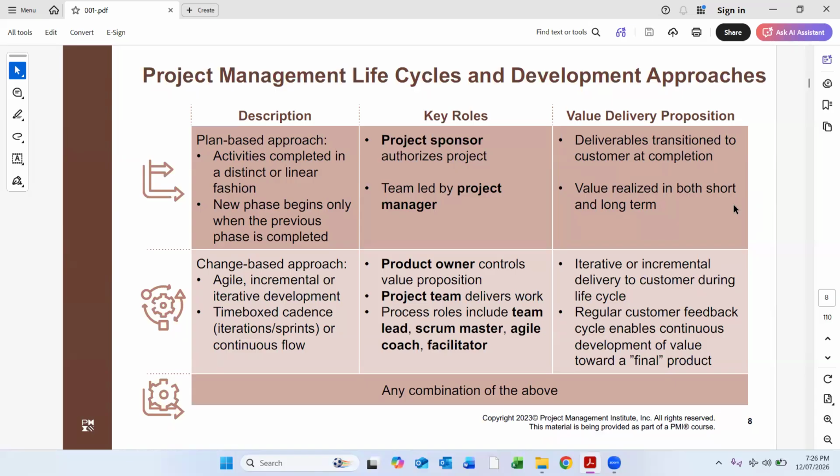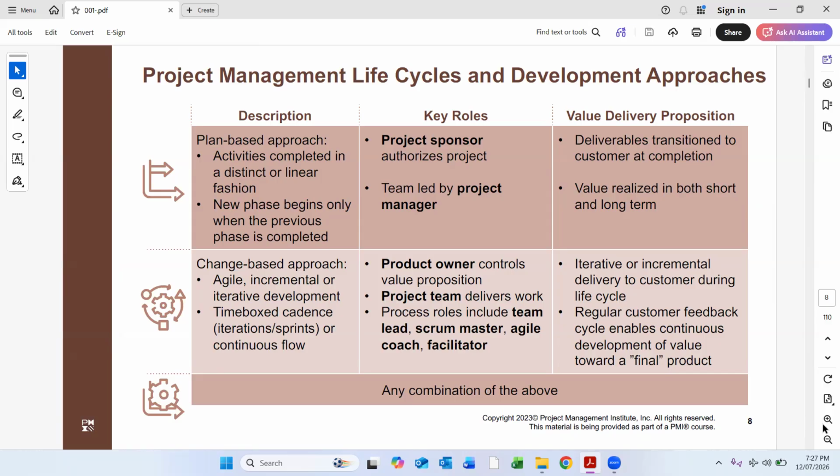There are a lot of changes going to happen once you start your project. That's the main difference, and also agile projects are usually for software projects. They are incremental, and their approach is different than the EPC projects or contracts.